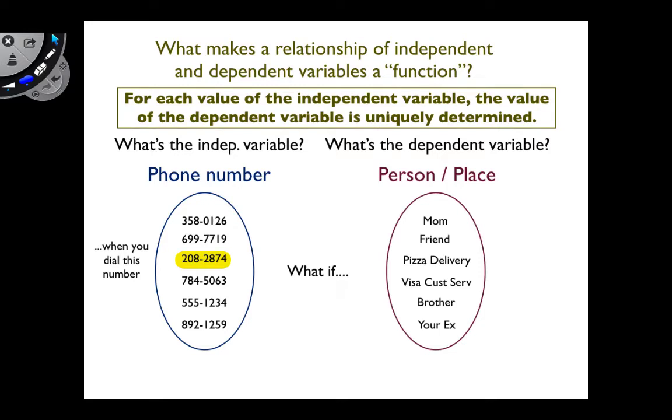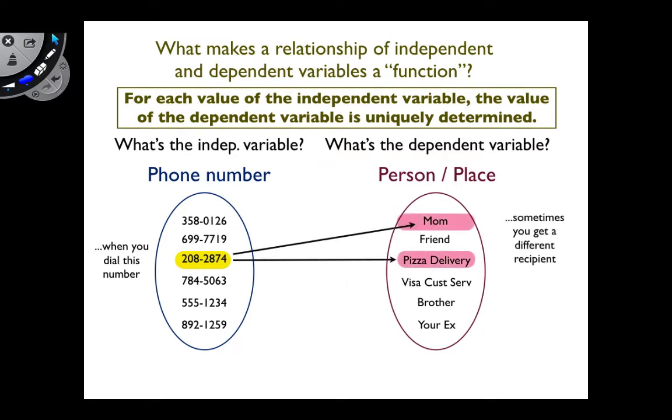What if, just as some other variations on this, I dial this number and sometimes I get my mom and sometimes I get pizza delivery? Just depending on the whims of phone service, right? That wouldn't be what we want, correct? So this situation, not just with phone service and not just with your mom and pizza delivery,